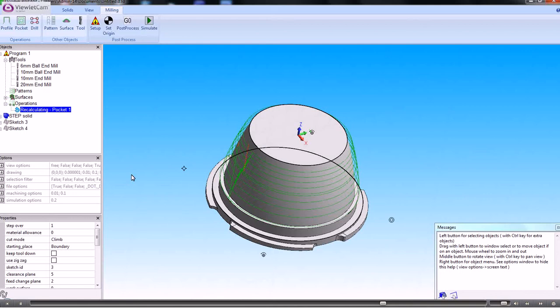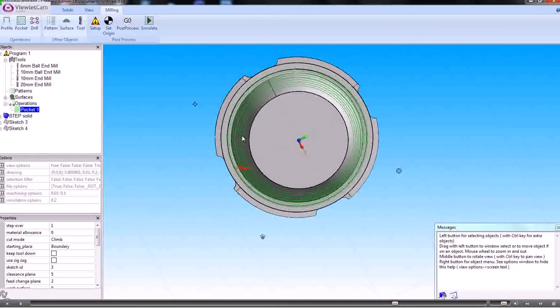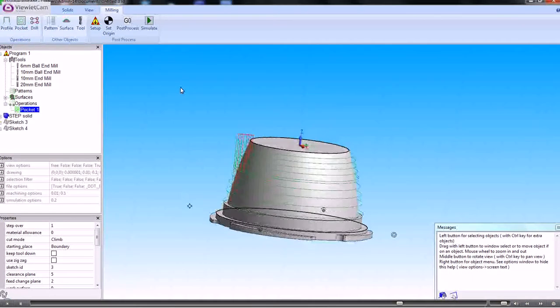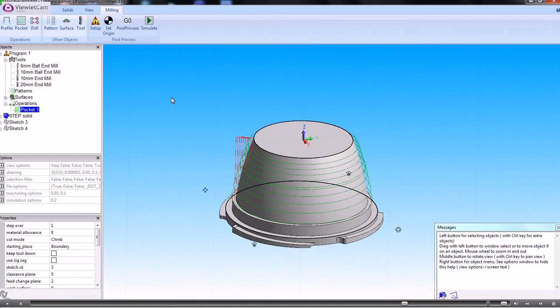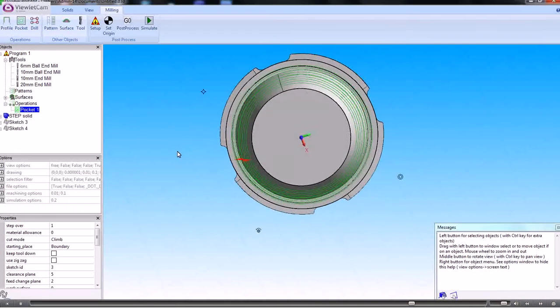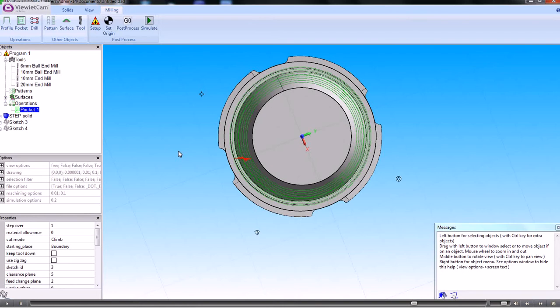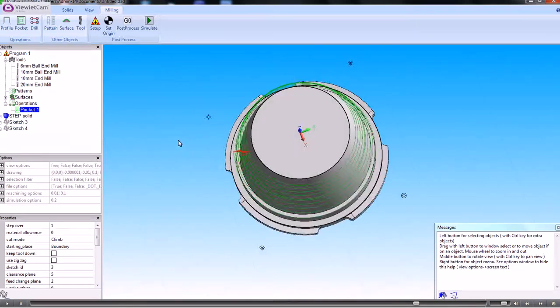So the way the pocketing command works is that it creates a pocketing command based on the 2D sketches. It then projects that onto the model. So if we look at it from the top, this is the step over that you can see there, and the step down is controlled only by the step over that we've set. Now if we wanted to set up different step downs for the roughing pass, then we can do that, but it's important to bear in mind that in cases like this it's the step over in X and Y which controls the